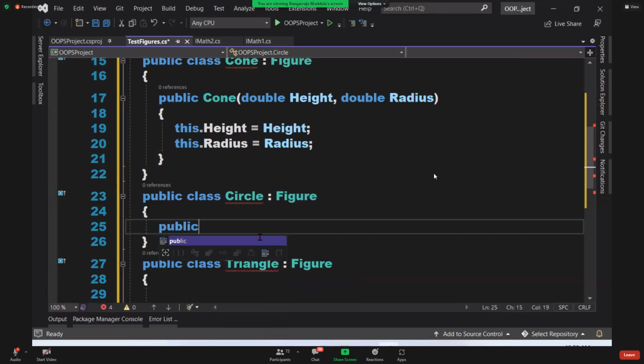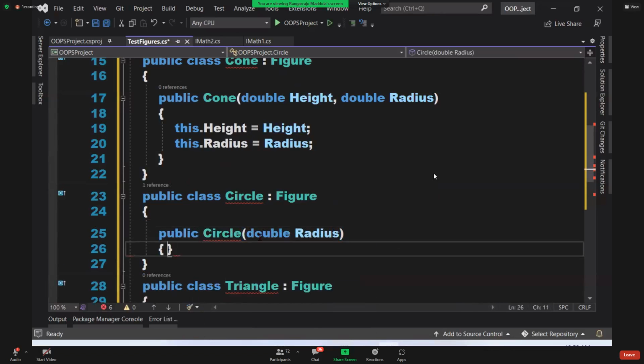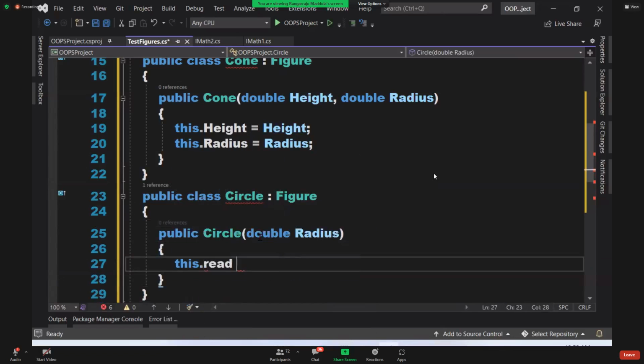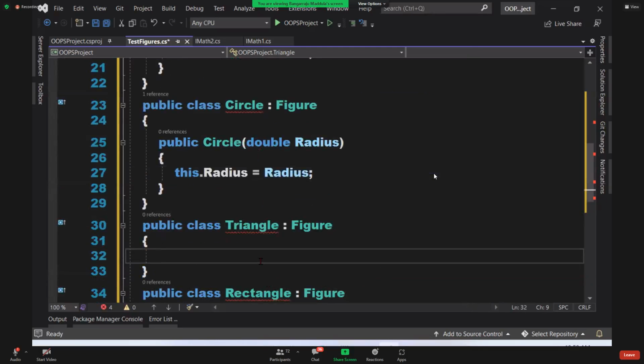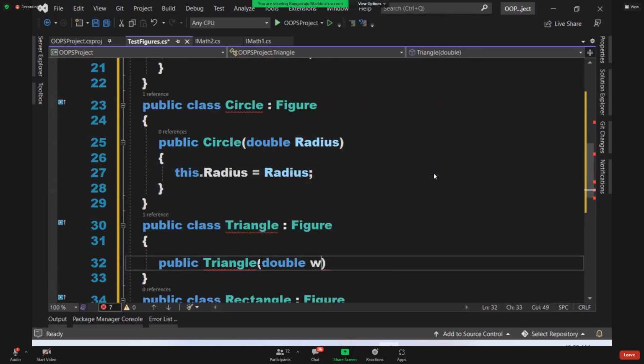Come to Circle. Public Circle(double radius), this.radius = radius. Next, public Triangle(double width and double